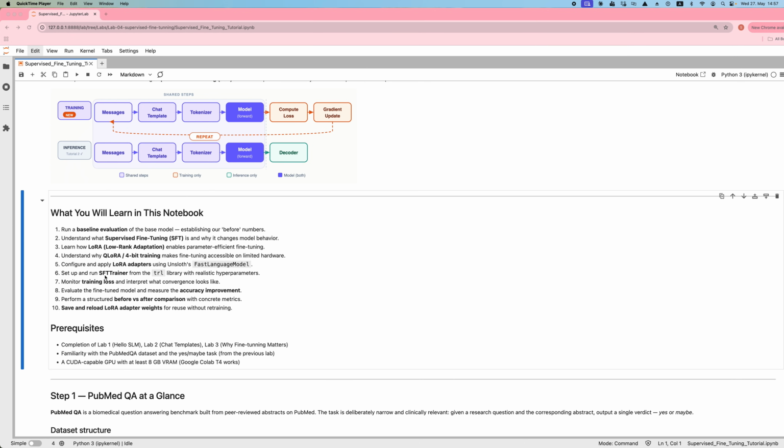We will learn about the supervised fine-tuning trainer, which comes out of the toolbox that we have from the Transformer reinforcement learning library. We will learn about how to monitor the loss and evaluate the fine-tuned models, and compare them with the previous lab. And at the end, we will be able to save and reload the LoRA adapter that we are going to use